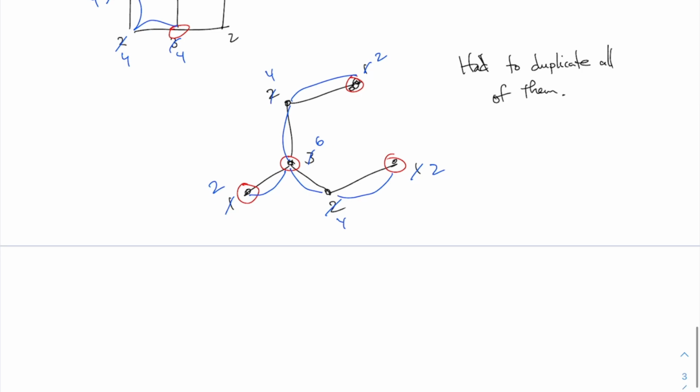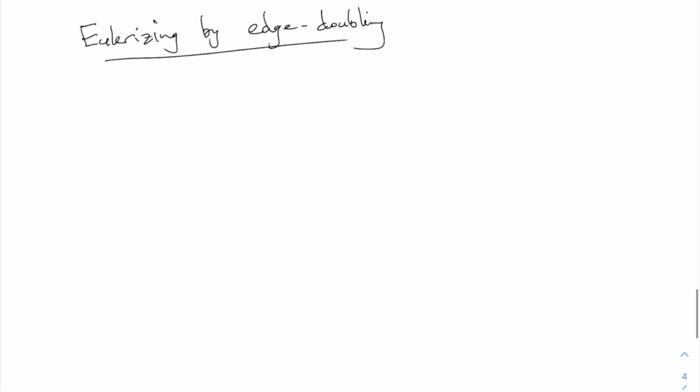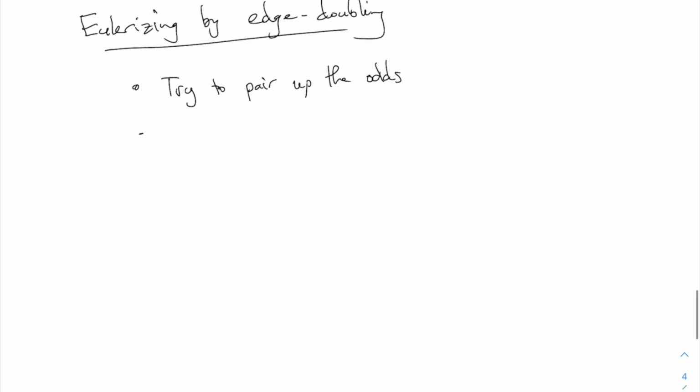Okay, so here's the strategy. Let me just try and write a little summary here. Eulerizing by edge doubling. All right, so first of all, you identify the odd degrees and you try to pair up the odds, and you duplicate all edges on paths